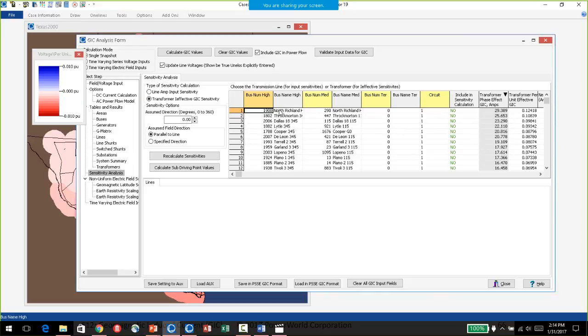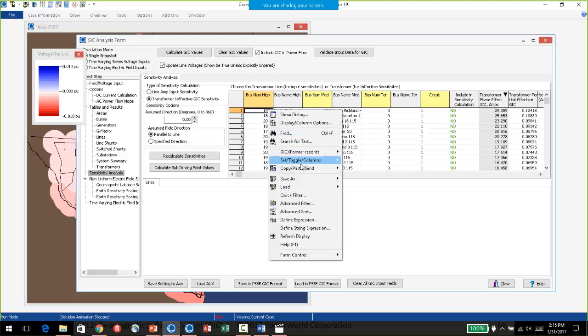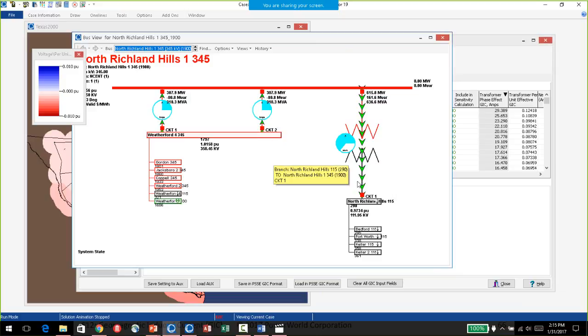The one that's first on the list is kind of uninteresting because it only has one 345 kV line coming into that bus. I'll show you the bus view one line here. So yeah, actually it's two lines, but they're in parallel from the same other substation. So the sensitivity analysis results that we get from this are actually pretty uninteresting because it just tells you that the GIC comes mostly from these transmission lines, which makes sense because it's right in series with that transformer.